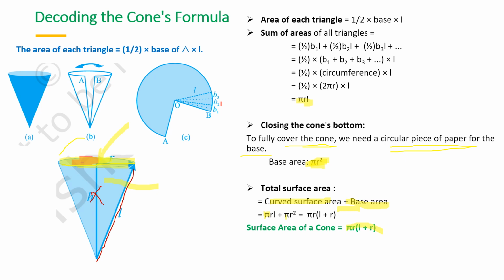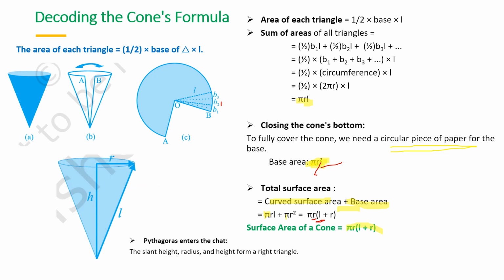Okay, so the formula is very clear. Surface area of the cone is equal to pi r into l plus r. So remember, r is very clear, the radius of the base, and pi r square we can calculate. We also need the slant height, l. And how do you get the slant height is the question now. So if the height of the cone is given,